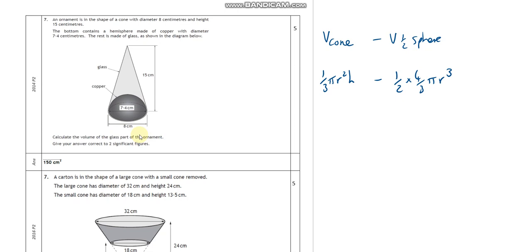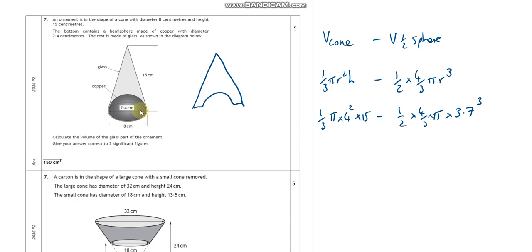So the cone has a radius of 4, so a third pi times 4 squared, and the height is 15. Over here, the radius is going to be half of 7.4, so 3.7, so 2/3 pi times 3.7 cubed. So that's quite interesting. Usually those are the same, but that's just because you look on the side, this isn't the full width of it. So actually, if I was really exaggerating that drawing, it's doing something like this, isn't it? If I really exaggerate it. And if we work that out,